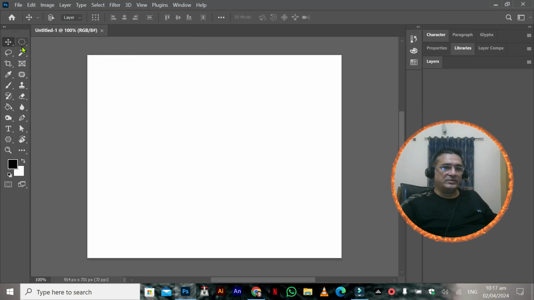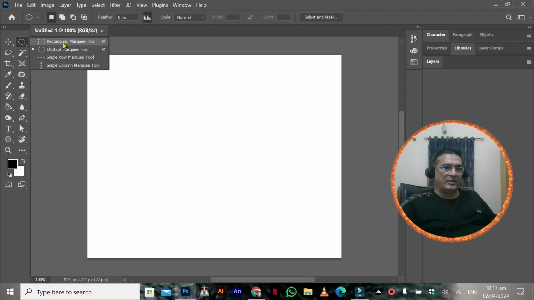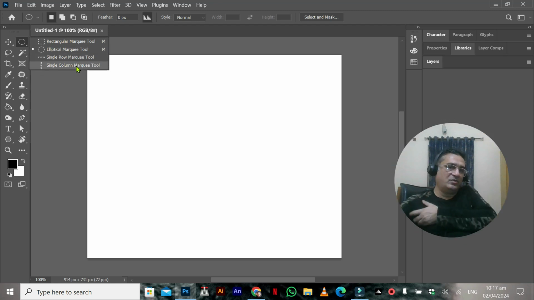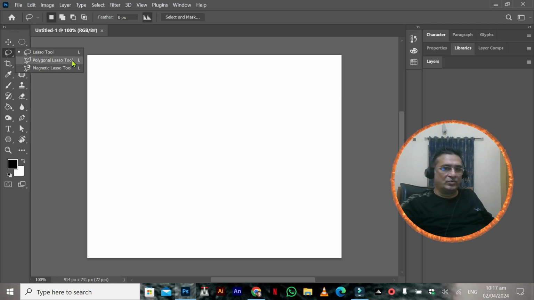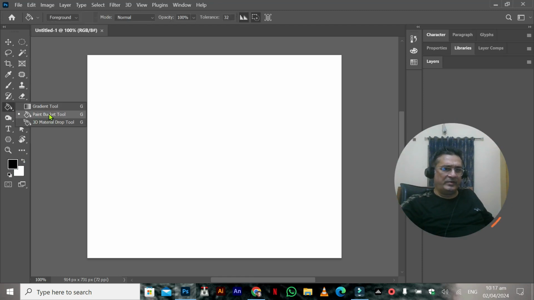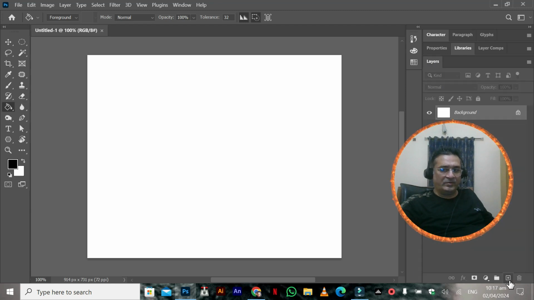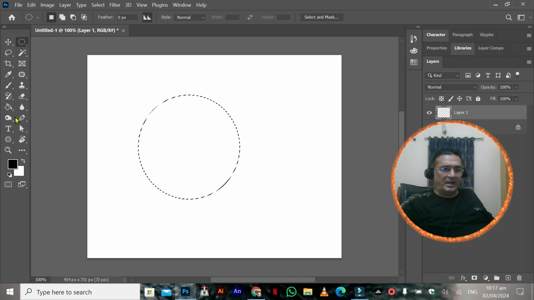Now if you look closely, you will see that rectangular marquee and single row and single column are in the same place, and there is lasso tool, polygon tool and magnetic lasso tool also available here. And we were having issues with the bucket. Now we have the paint bucket. For example, now if I create a new layer and create a shape here, and I take the bucket,